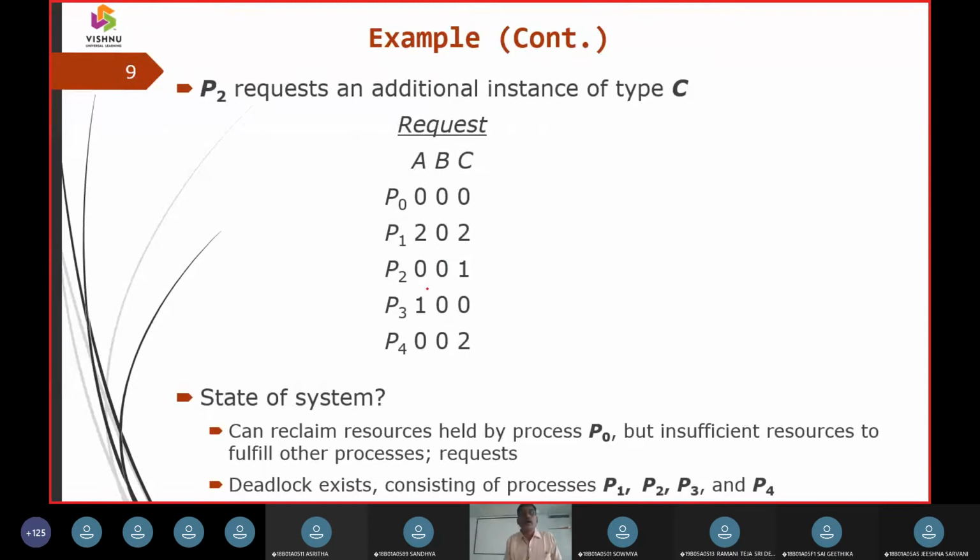So what is the next slide? Now P2 is going to raise a request. What is it going to ask? It asks for 0 instances of A, 0 instances of B, and 1 instance of C. This is the new request raised by P2.